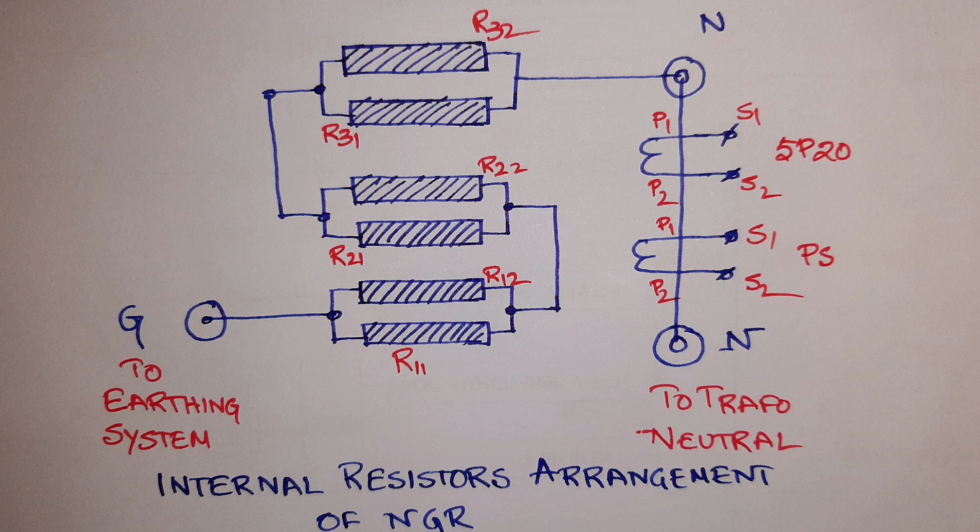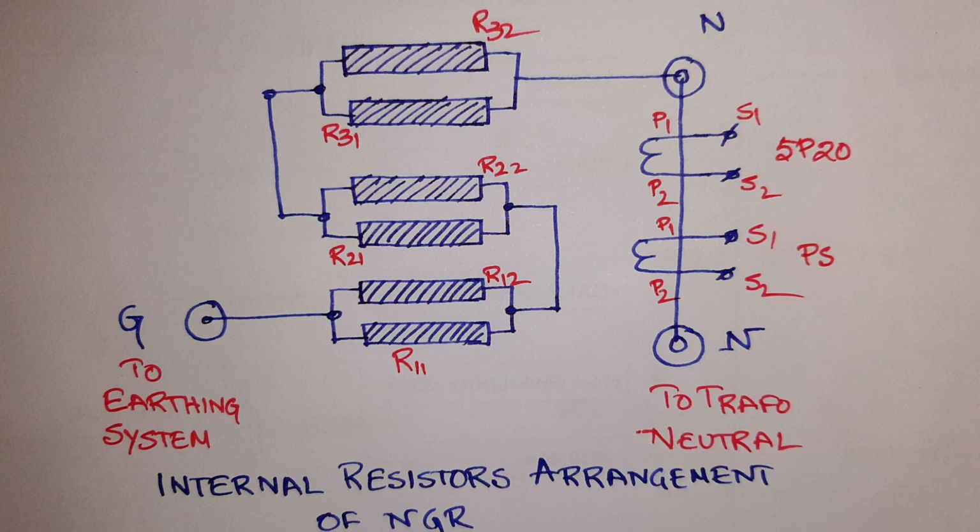Now normally NGR is used for high voltage transformers. Normally, I repeat; in mines areas it is also used for low voltage transformers. There you have to provide two CTs. One is a PS class CT for restricted earth fault protection, and another is a 5P20 CT for standby earth fault protection. These two CTs you can put at the transformer neutral bushing. Also you can put them at the NGR.